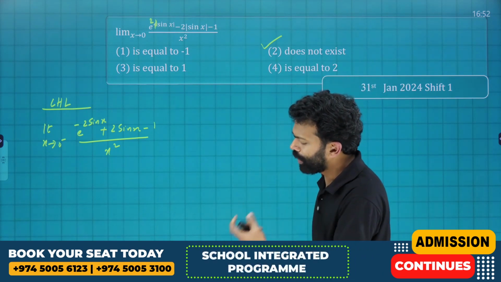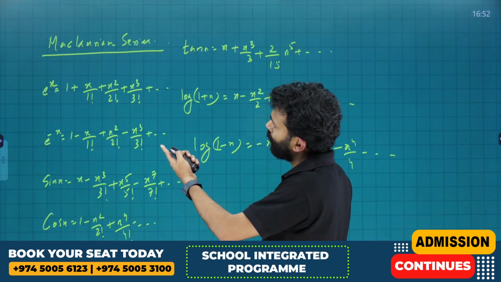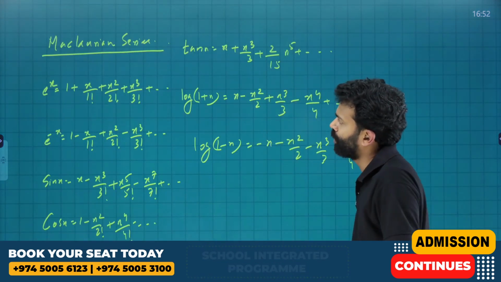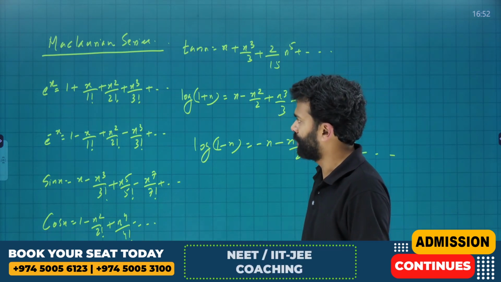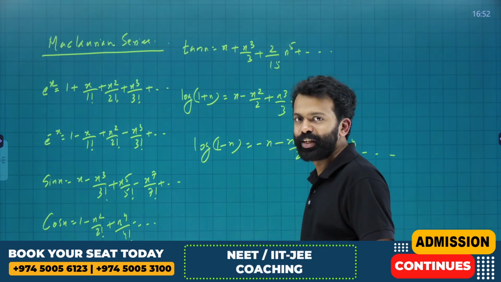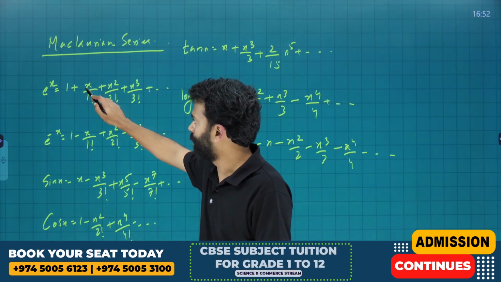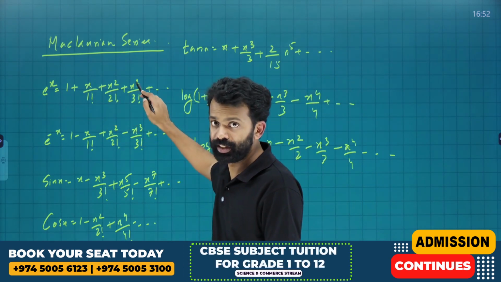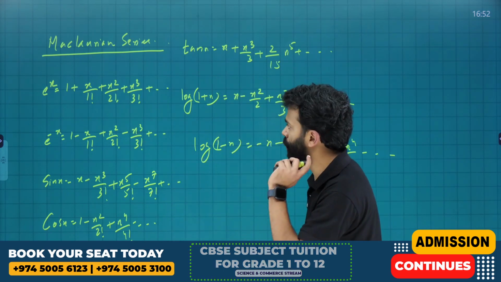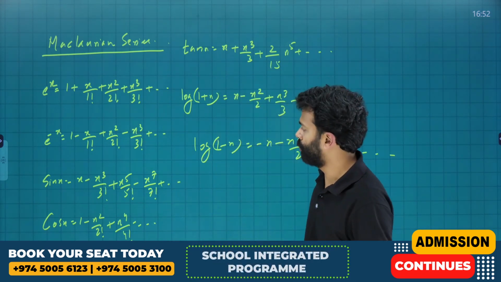So what is e raised to x? It is 1 plus x by 1 factorial plus x square by 2 factorial plus x cube by 3 factorial, like that. Therefore, what will be e raised to minus 2 sin x? You need to apply minus 2 sin x everywhere instead of x. Just look at the formula and we are going to apply that. It will be